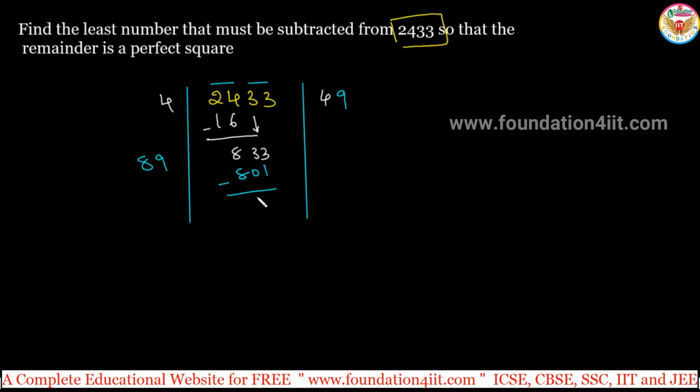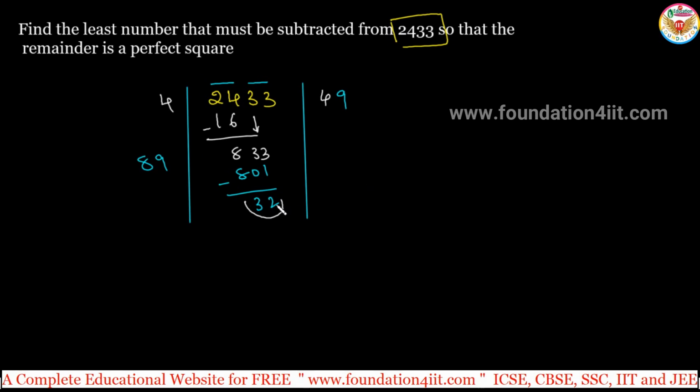If you subtract, 32 is the remainder. So we got 32 extra here, and we need to subtract these 32 from the number. If we remove 31 we only get 2401 minus 1, but we need to remove 32. Whatever you get extra in the same division method should be subtracted. Exactly 801 means 89 9s, but instead of getting 0 we got an extra remainder of 32.